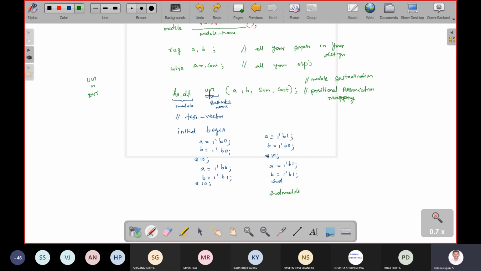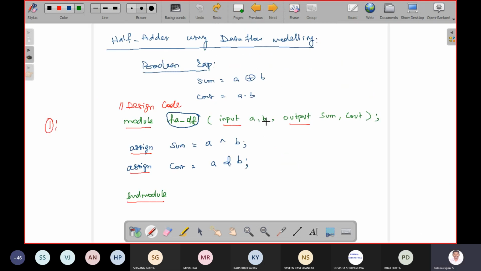But as of now, remember that whenever you are going for positional mapping, you should not interchange the input and output. For example, here in the lower module, I first declare the input A, B, then I declare output sum and cout. If you are going for positional mapping, you should not interchange this input and output. As per the position only, you have to map it.